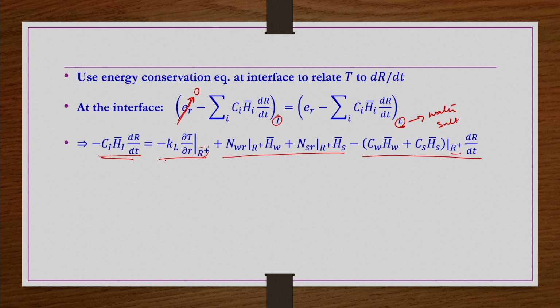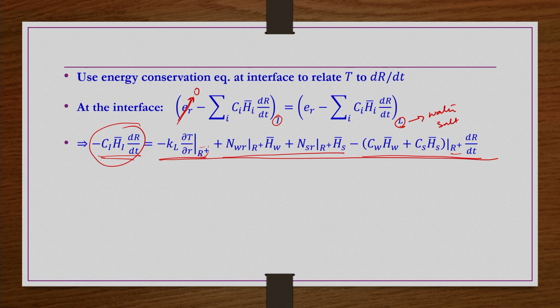So, at the liquid side all these quantities are there when you expand this equation, but on the ice side we have only this one. All other terms would be 0, because ice is a pure water crystal, okay. Temperature variations are not there, so the conduction terms would be 0, the flux terms would be 0, and only the pure component is there. So, only this part is there, only pure ice.